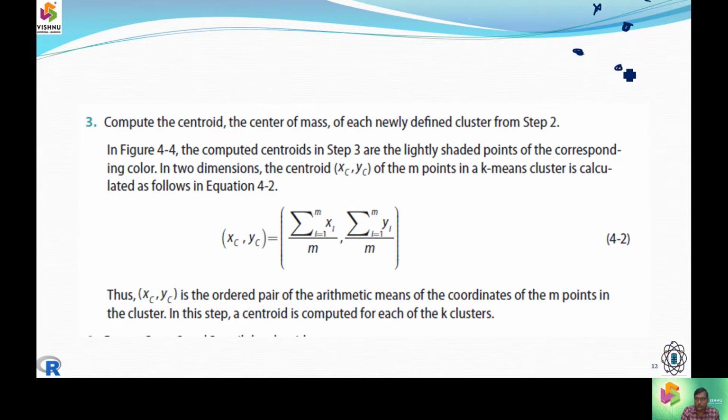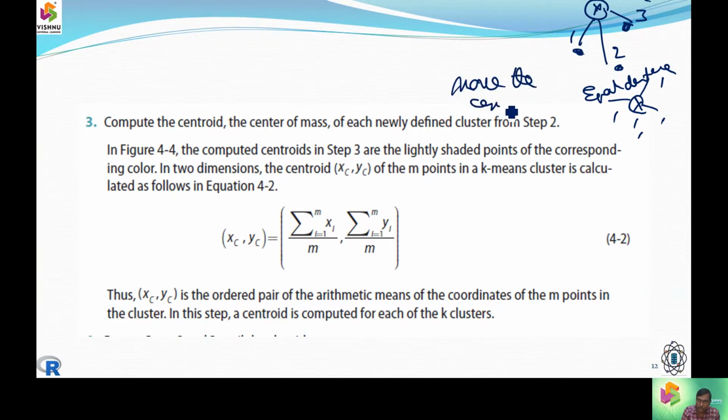So if I'm going to have the points like this, so if I'm going to put the distance, it will be 1, and if I'm going to put this at 2, it will be the distance of 3. But if I'm going to put these items at the center point, now I can say it is 1, 1, 1, 1. So I'm going to have an equal distance. Okay, so I need to find the equal distance. So that is the reason why we are going to move the centroid between points.